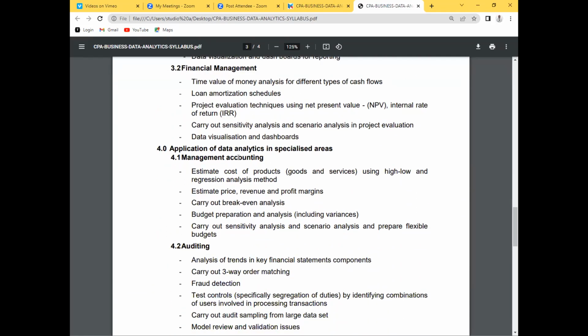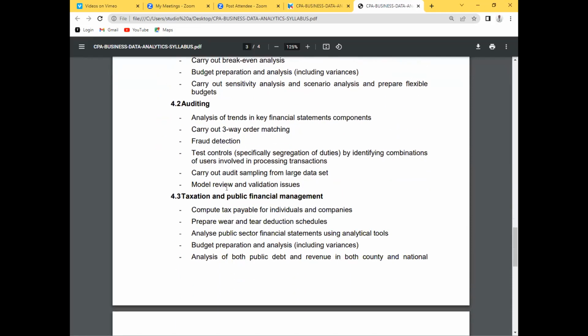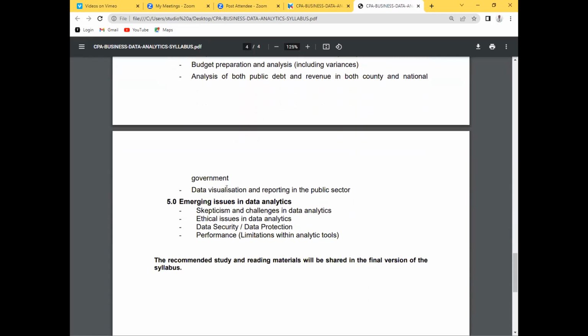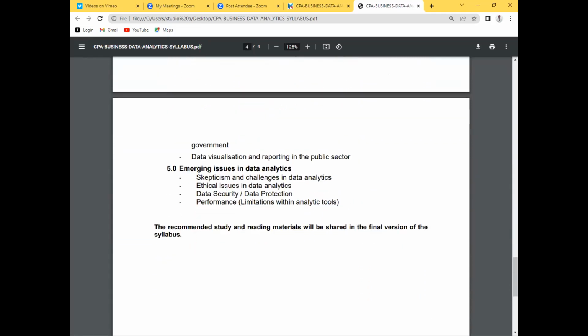They also want us to study how these data analytics can be used in management accounting, auditing, and then, of course, we have taxation. Lastly, 5.0, we have emerging issues in data analytics. So that is what we are expected, ladies and gentlemen, to do really for this particular paper. Now, ladies and gentlemen, I would want to dive straight away today and show you various things that you're supposed to really master,